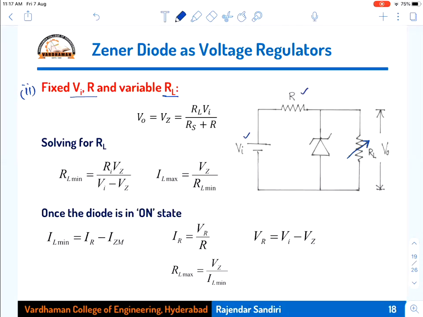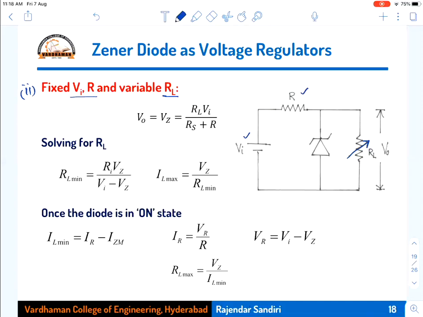Now, under this case, what we will calculate, assuming that the diode is on from now onwards. You can decide on or off, but I am proceeding with it on. If it is off, then all those calculations will not occur. If it is on only, then the things will work. So I am assuming that it is on. We have to test even that also for the given values of Ri, RL and Vi.